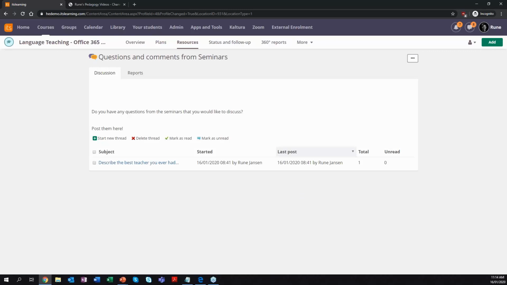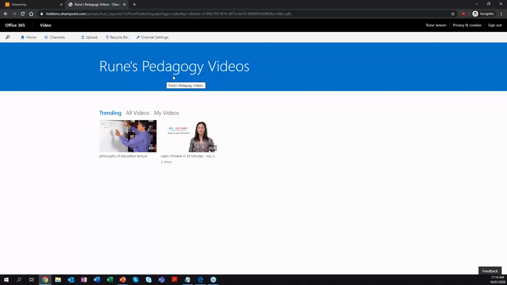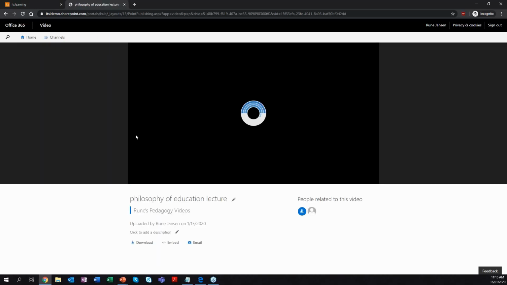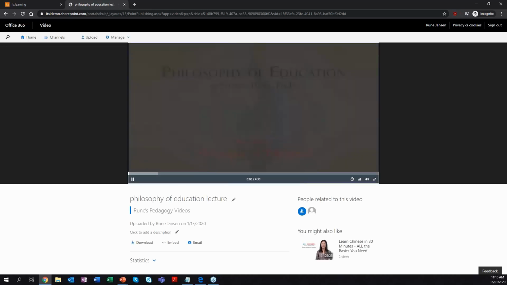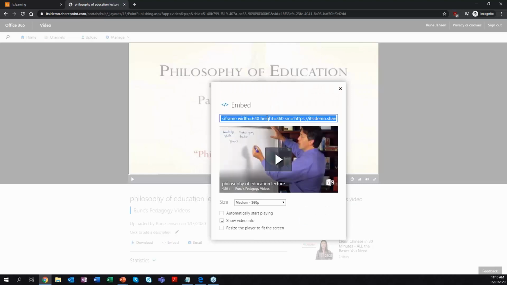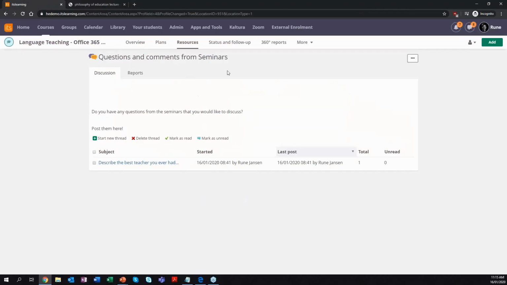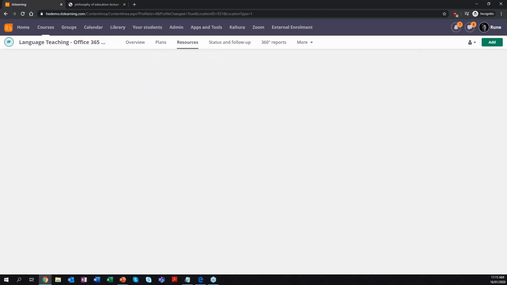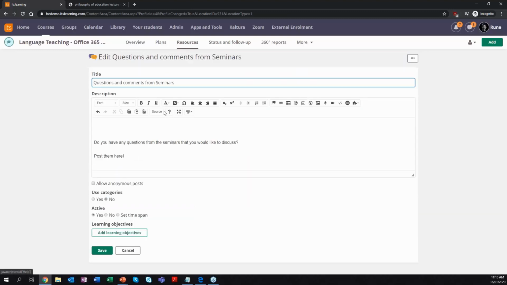Discussion forums, I would imagine that most of you are already using discussion forums. I showed how easy it was to embed content. If we look at Office 365, they've got a lot of really cool tools like video and Sway, for example, and Microsoft Word Online. Most of these tools have embed features which allow you to get a little snippet of code and to go back to something like a discussion forum or a test or an assignment and to put that code into the